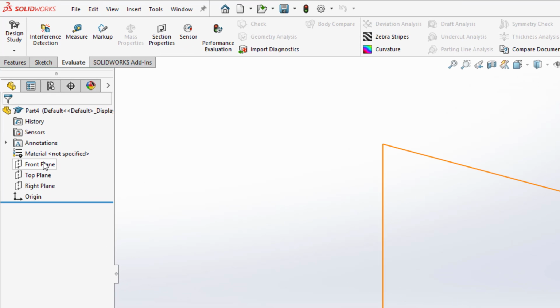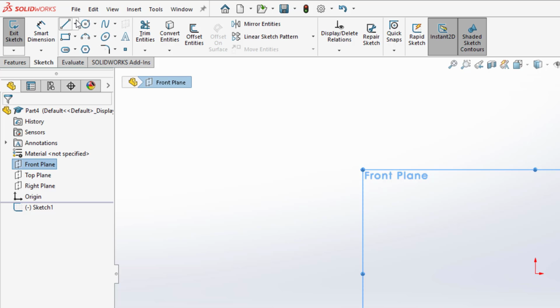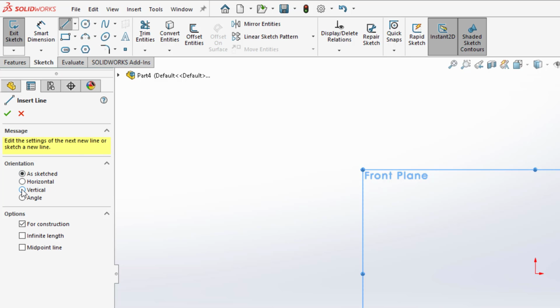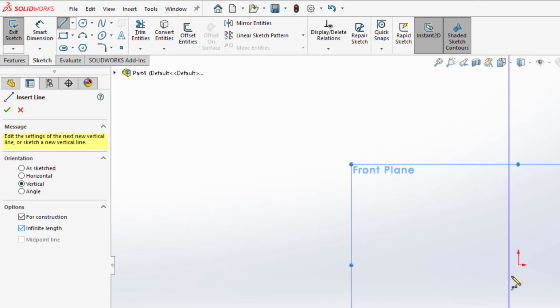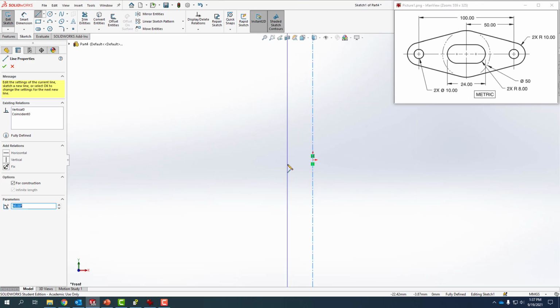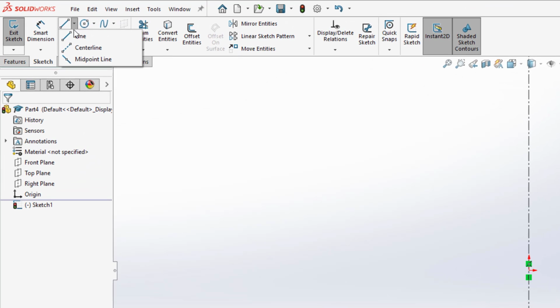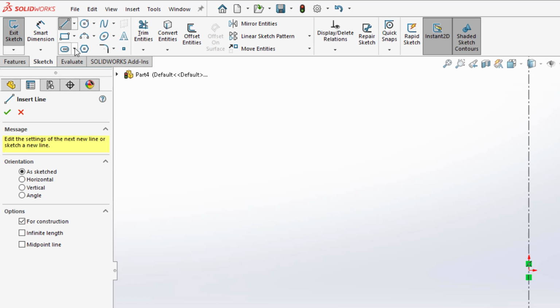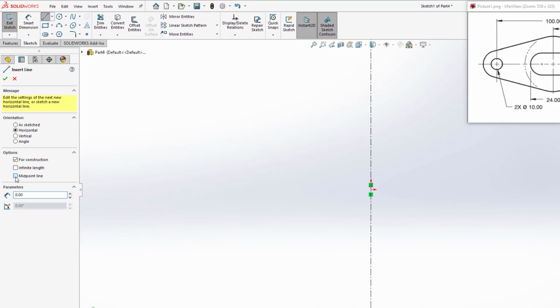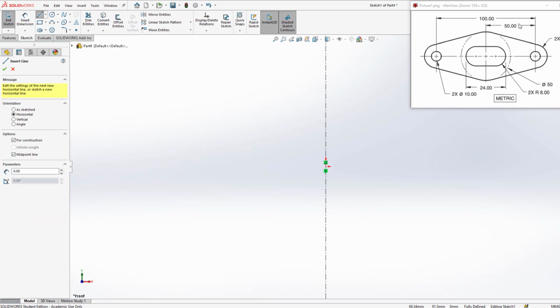I'm going to select my front plane, select sketch. I'm going to go from the line toolbar. I'll select my center line tool, make it vertical and infinite length, and then select the origin. Select escape to get out of the tool. I'm then going to again utilize the line tool. Again, select center line, but this time I'll make it horizontal and midpoint, and we will put in this 100